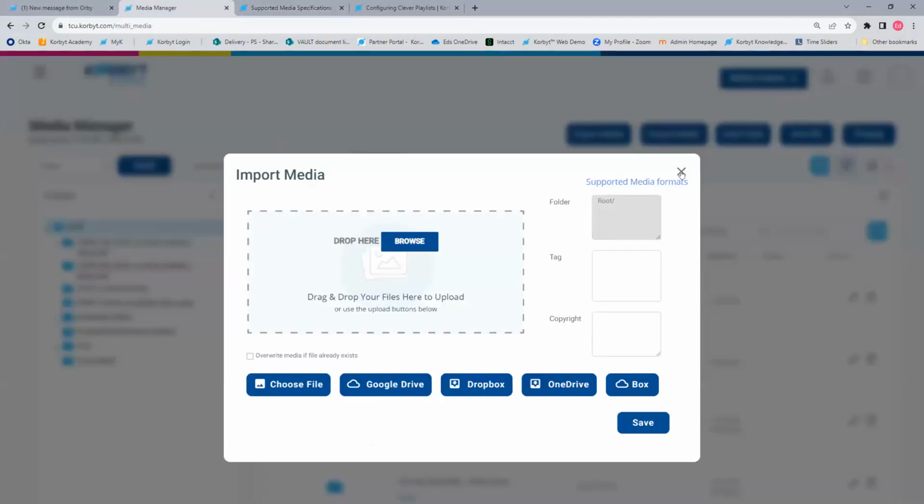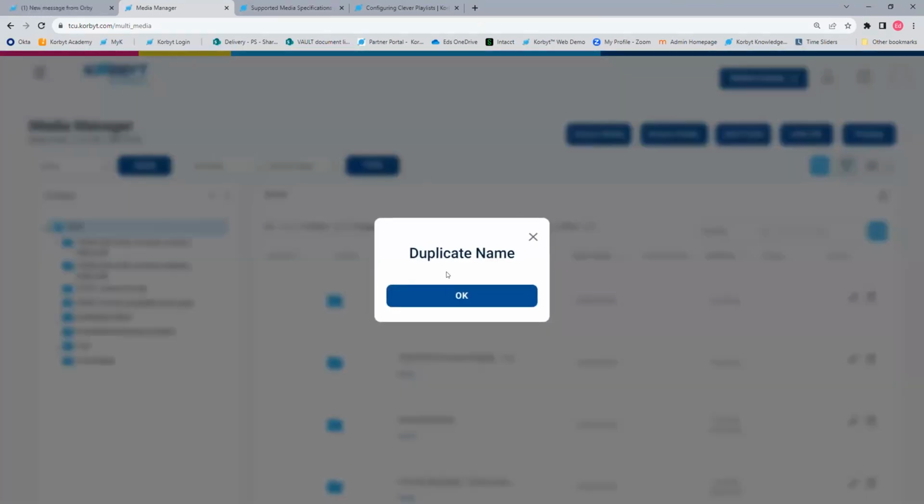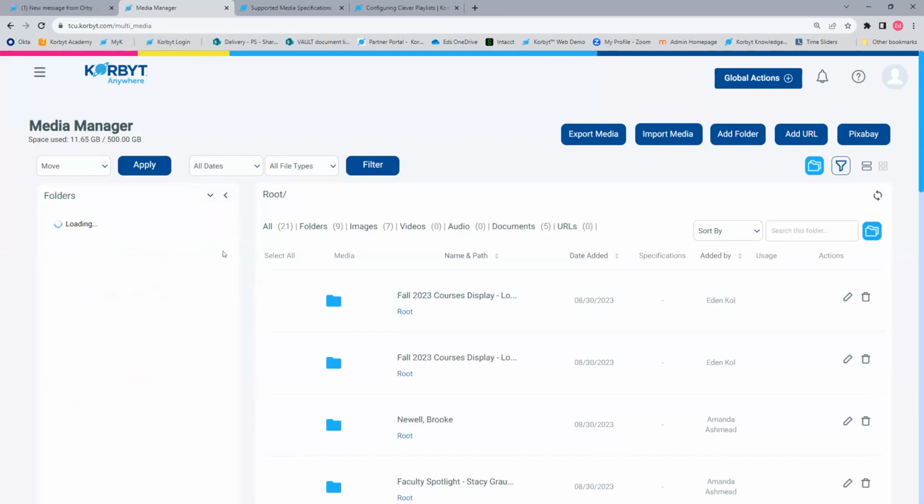So I want to import some items here just so you can see how the process works. I want to do it into a space that I can know it's my example items. So I'm just going to create a new folder, call it Korbyt Training Examples. Oh, someone's hidden the folder from me in my approver role, but it's already in the system. So I will come up with another name. Korbyt End User Training. That works.